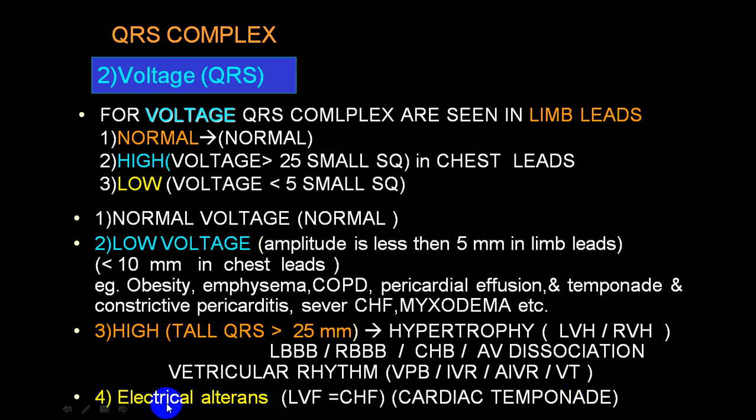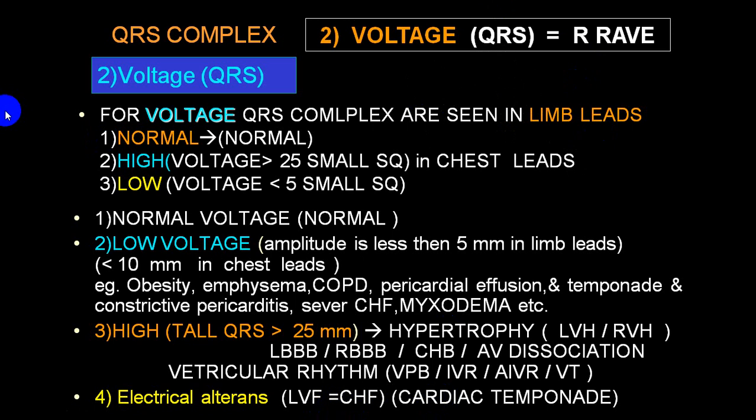While if you get an alternating ECG, a normal voltage ECG followed by a small voltage ECG, alternating, that is called electrical alternans. That will be very classical in cardiac tamponade and sometimes in a case of severe congestive heart failure. We'll show you some ECGs. So we are looking at the QRS complex voltage, that is mainly the R wave voltage.